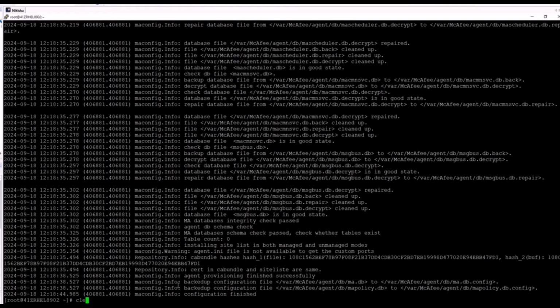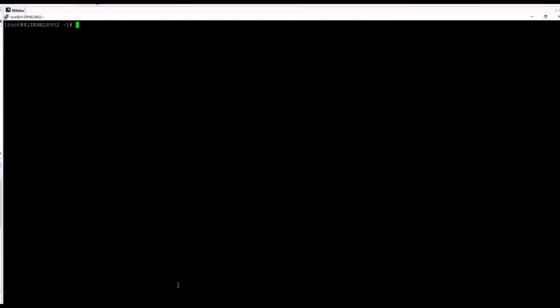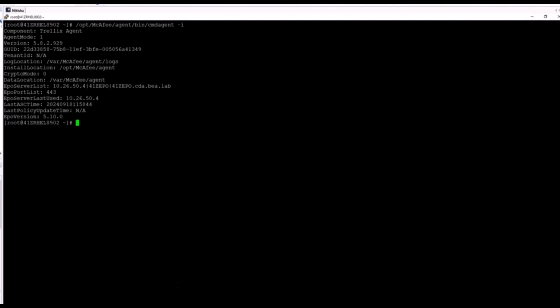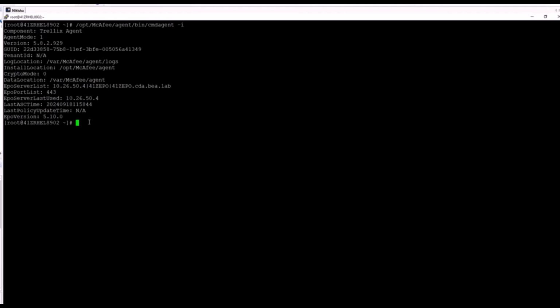So let me clear the screen and we will again see if it is still showing unmanaged or managed. So here you can see after provisioning it, the EPO server IP is now showing up over here and the EPO port is also showing up, which is 443. Now again, if I have to make this machine unmanaged, I can execute the command